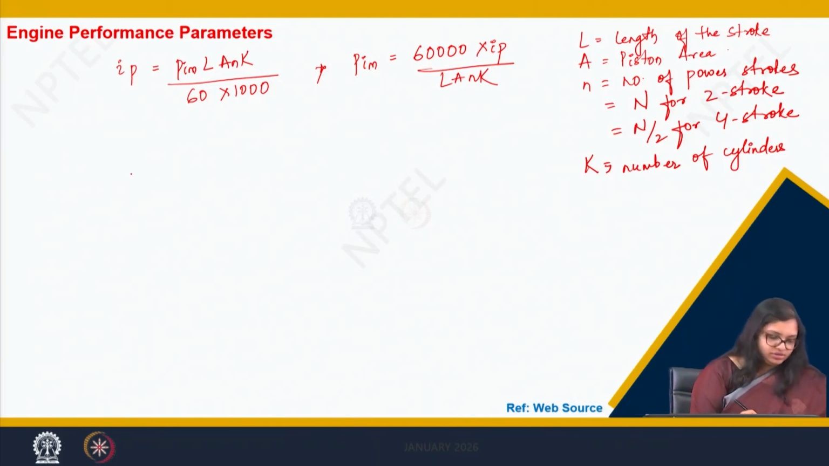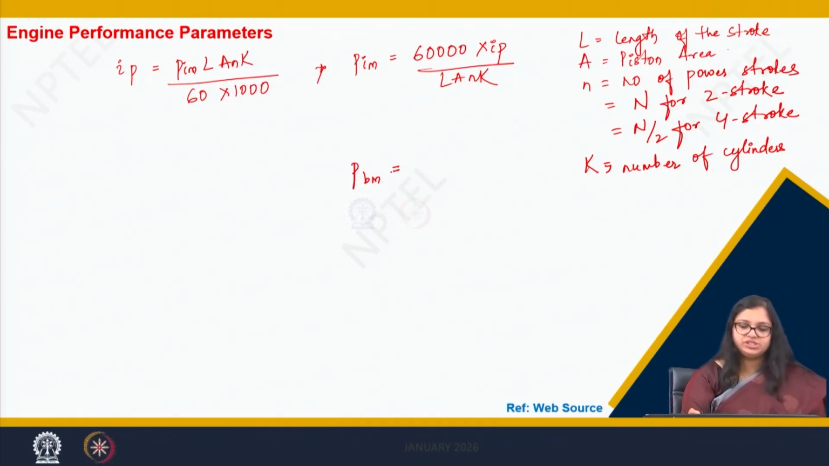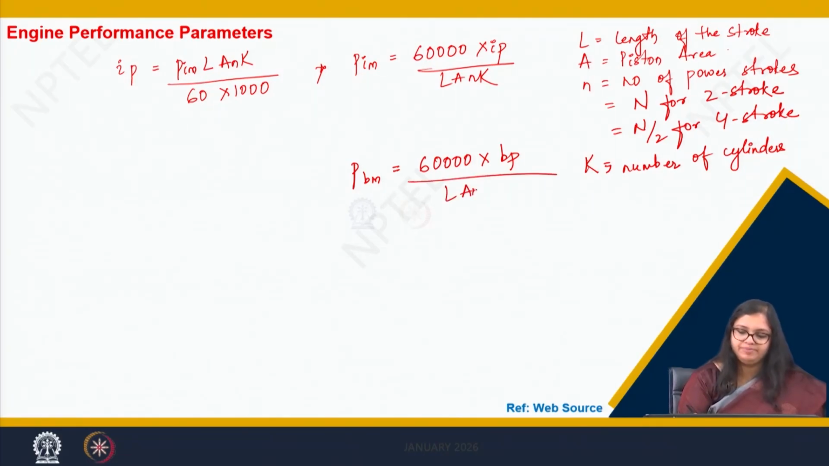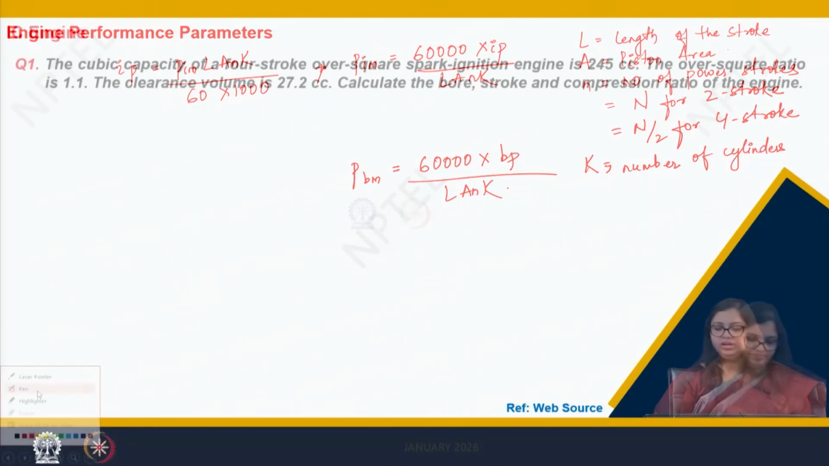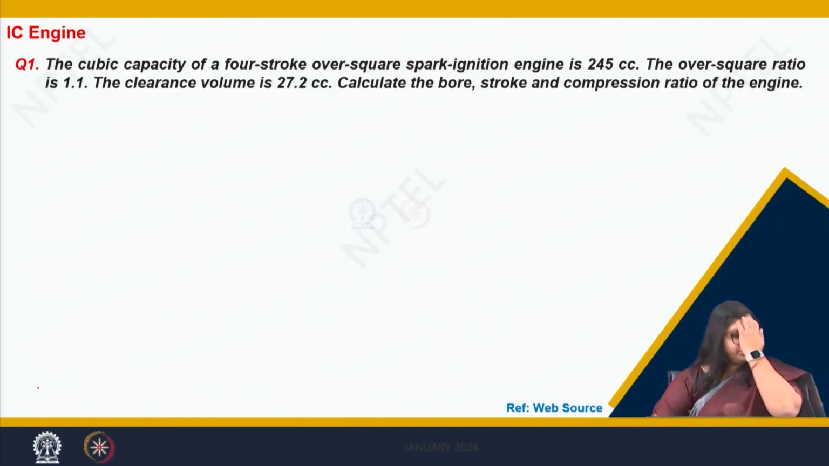Now there is also something called PBM, which is the brake mean effective pressure, which is given by 60,000 multiplied with brake power divided by LANK. So with this we can get the effective pressures that prevail inside the cylinder of an engine. Now coming to the tutorial problem,